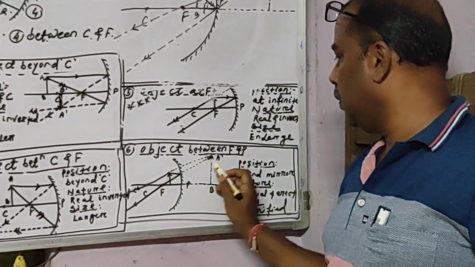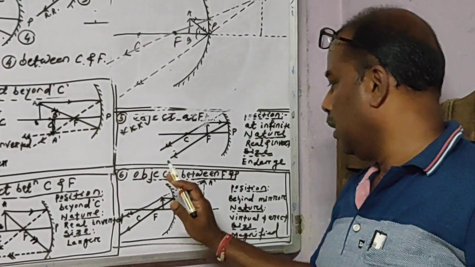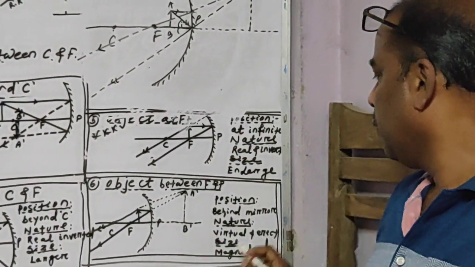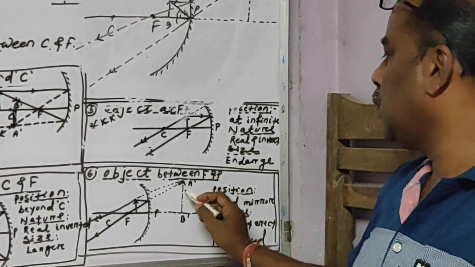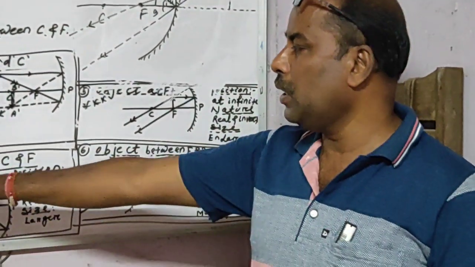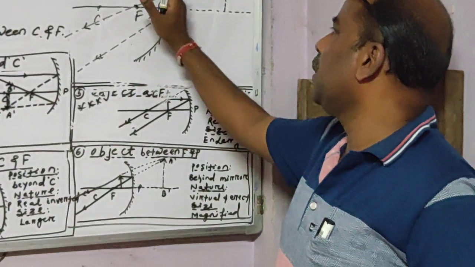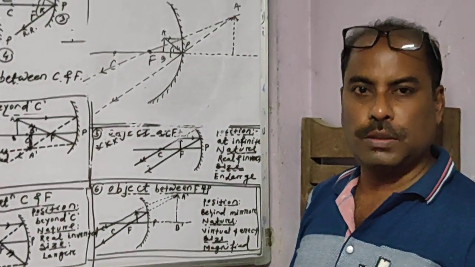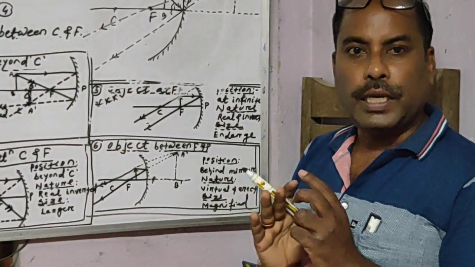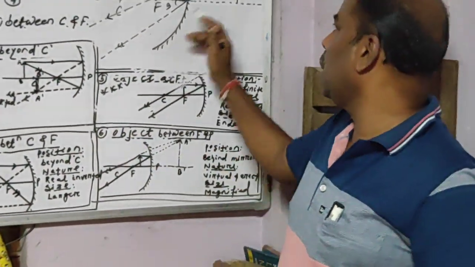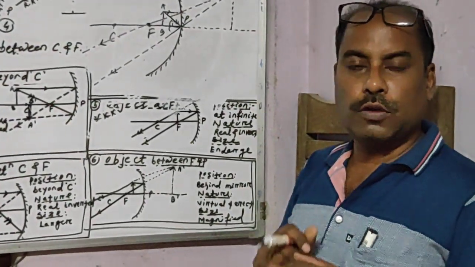You see same image down behind the mirror. So position of the image is behind mirror. Nature of image is virtual and erect. Why is it virtual? This is the special. All are real and inverted, but this is virtual. Why? Because behind the mirror it is forming. The image which is forming behind the mirror is not the real image, that is imaginary image. We have to imagine, it will not form. And that's why we are putting it in the dot line, and that is called the virtual.